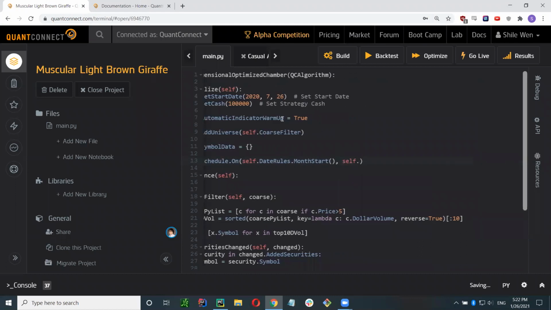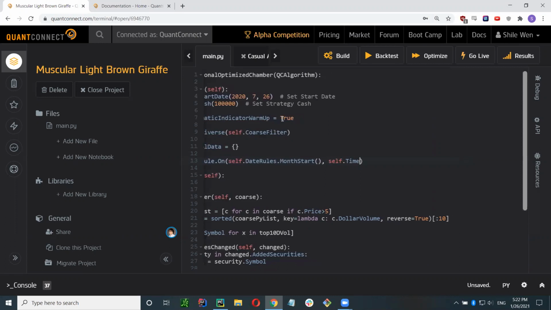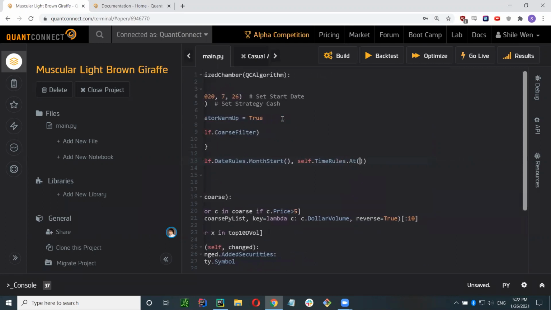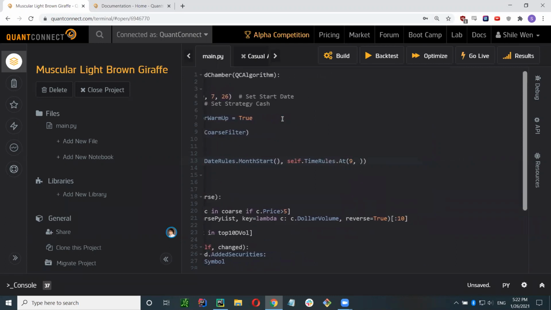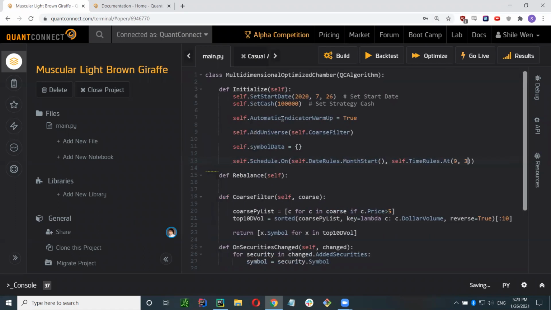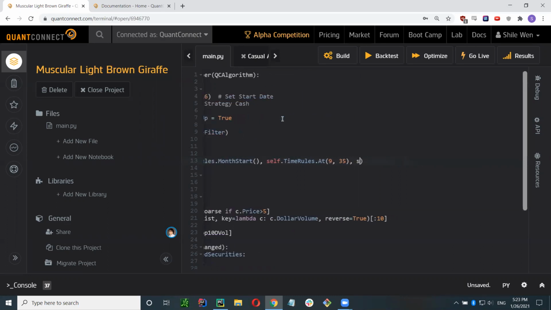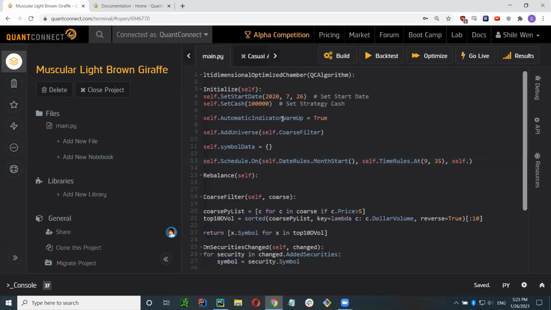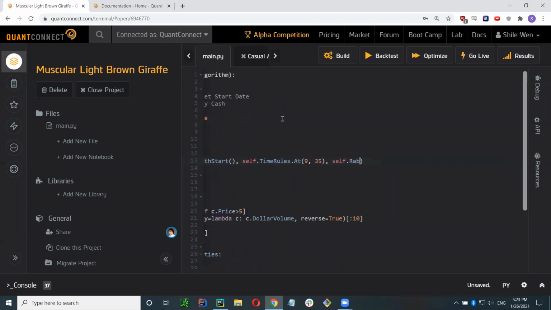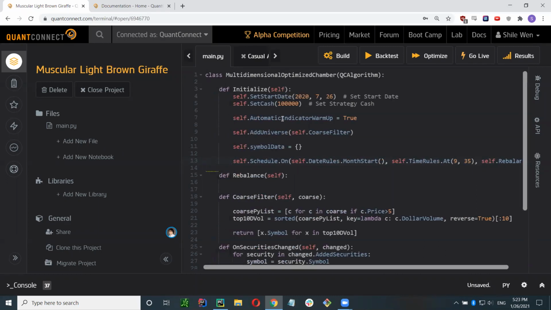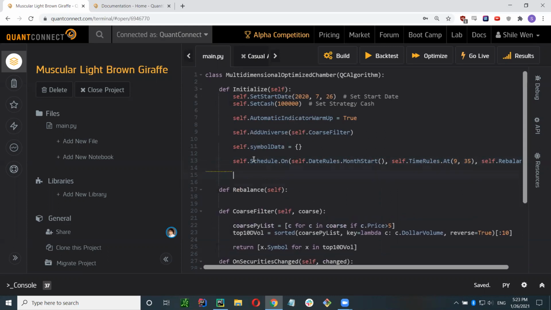self.time_rules.add. Let's do that like 9:35. Yeah, okay. And then self.rebalance. Okay, so one thing you need to know about scheduled universe is if you schedule a universe, you typically need